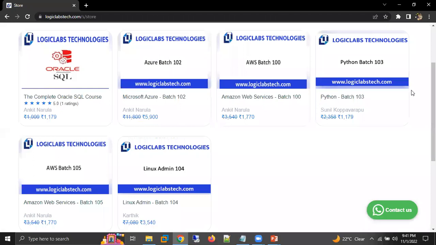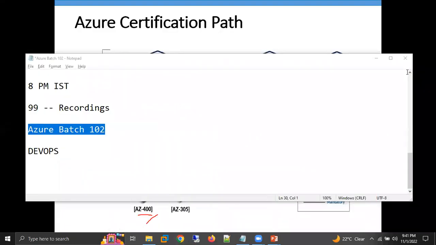Yashwant, you can unmute. Yes, Ankit, currently I'm working as a DevOps engineer for AWS and GCP.